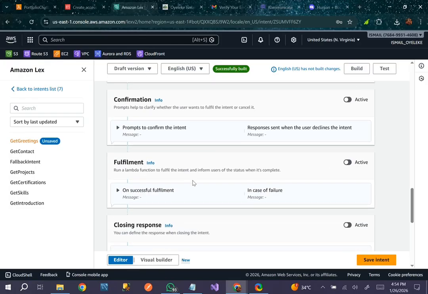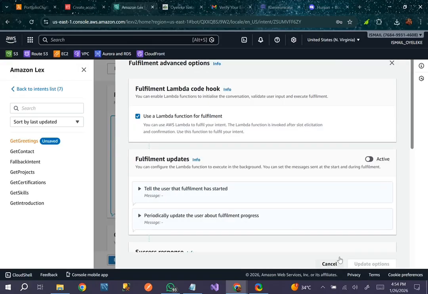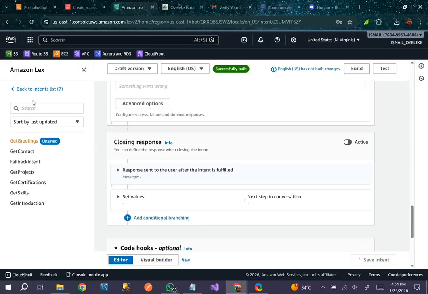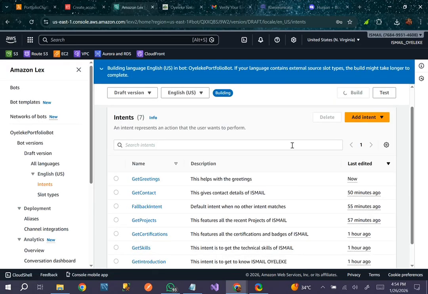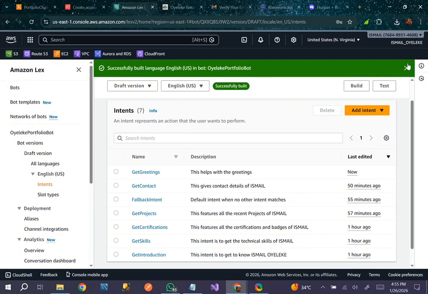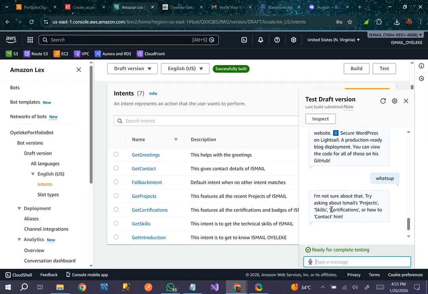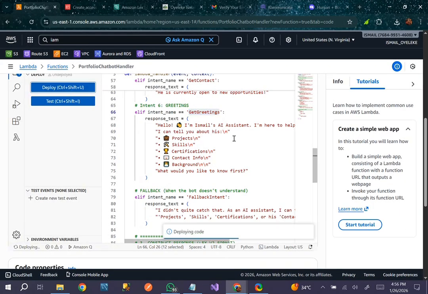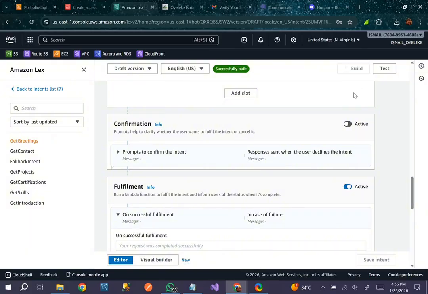So when you have everything, we will just make sure we turn on the fulfillment, and then make sure we're using the Lambda fulfillment. So we save intent, and then we'll go back and we'll build the bot again, the chatbot again, and test it. So we try to test it now, and it is not working. That's because we did not deploy the code. So we'll go back here and click on deploy, and we are going to deploy it again. So we have to rebuild. It won't work now because we have not rebuilt it. So rebuild again,